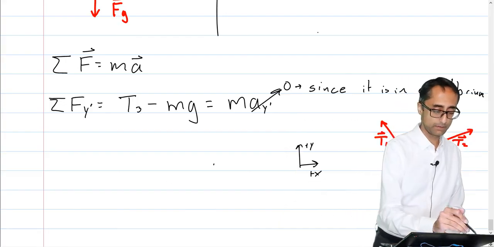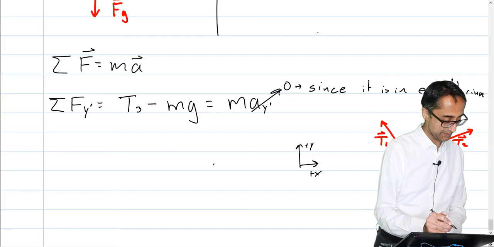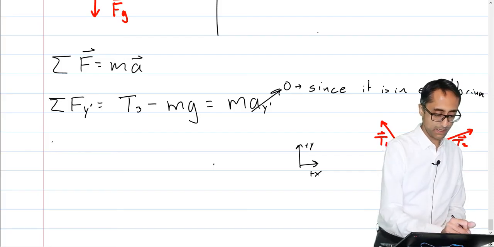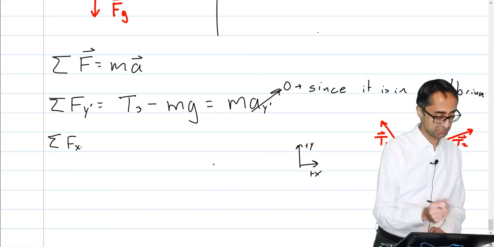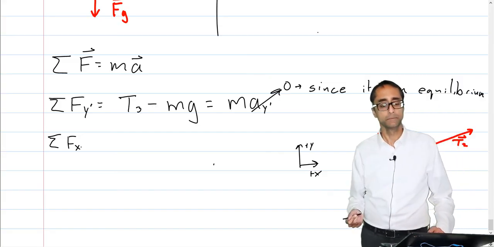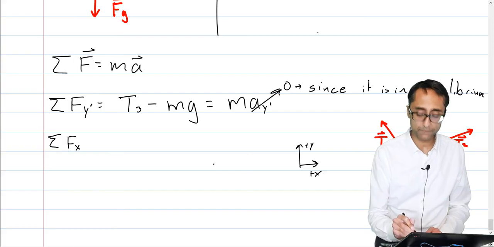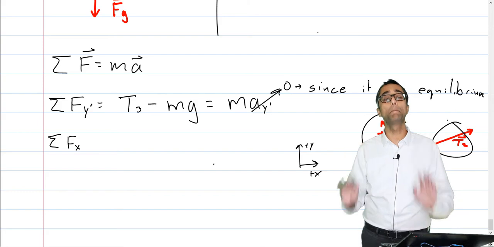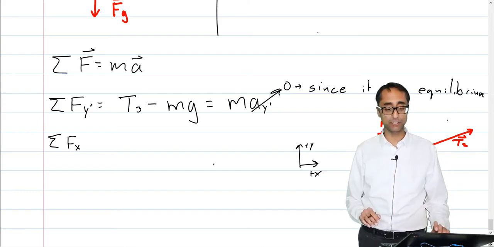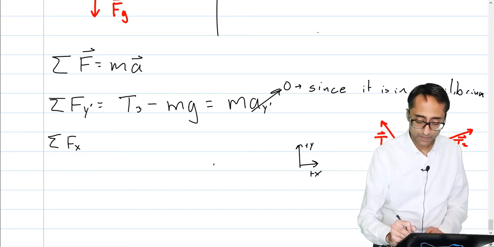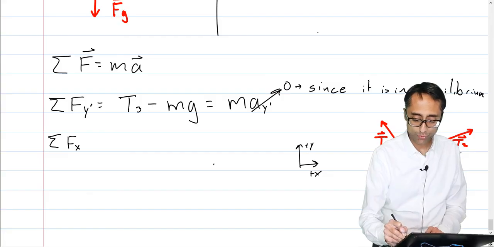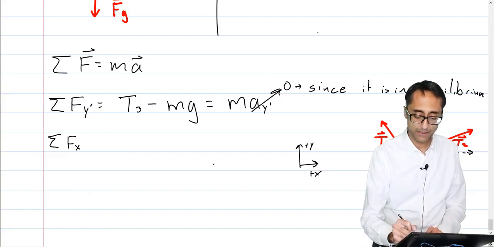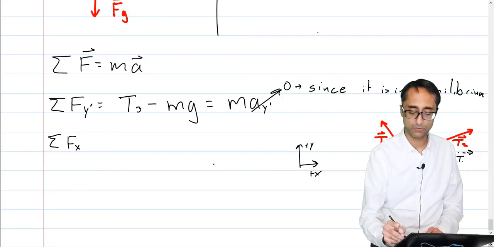All right. So what is my sum of forces? Let's start with the x direction. Well, in the x direction, I have two forces. T1 and T2 both have components in the x direction. Let's draw them out just for fun. Okay, T2x looks like that. And T1x looks like that. So here we go, T2x,